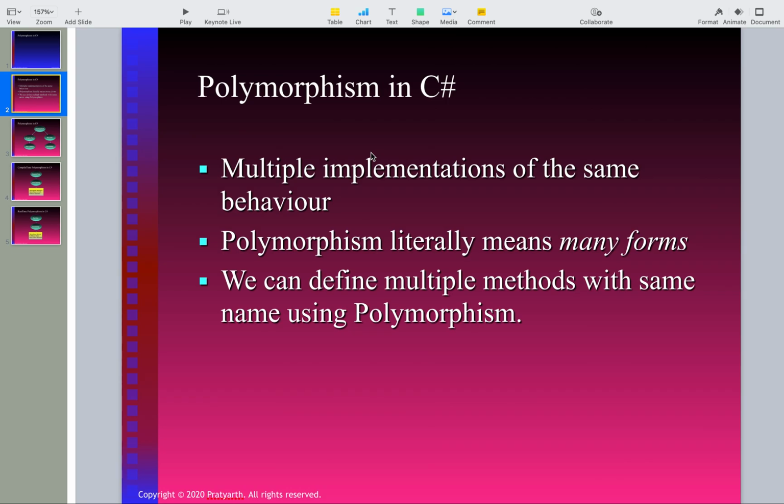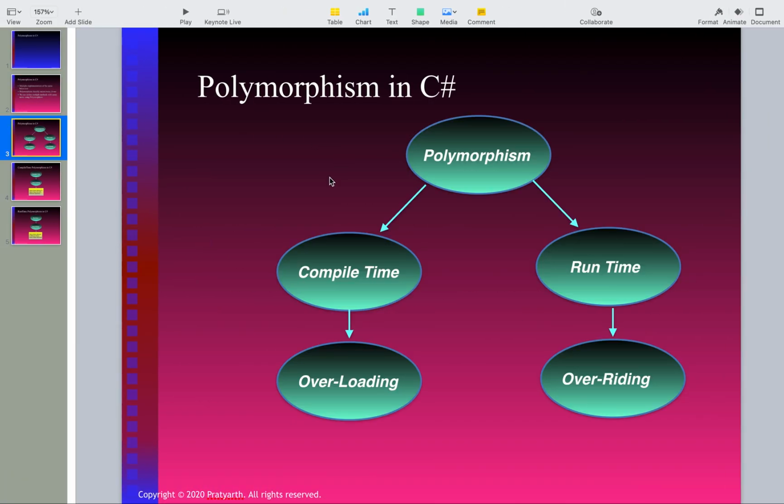Polymorphism divides into two forms, I'm going to show you this diagram. In this diagram you can see polymorphism divided into two parts, compile time polymorphism and runtime polymorphism. So we can say compile time polymorphism refers to method overloading, and runtime means method overriding. Okay,